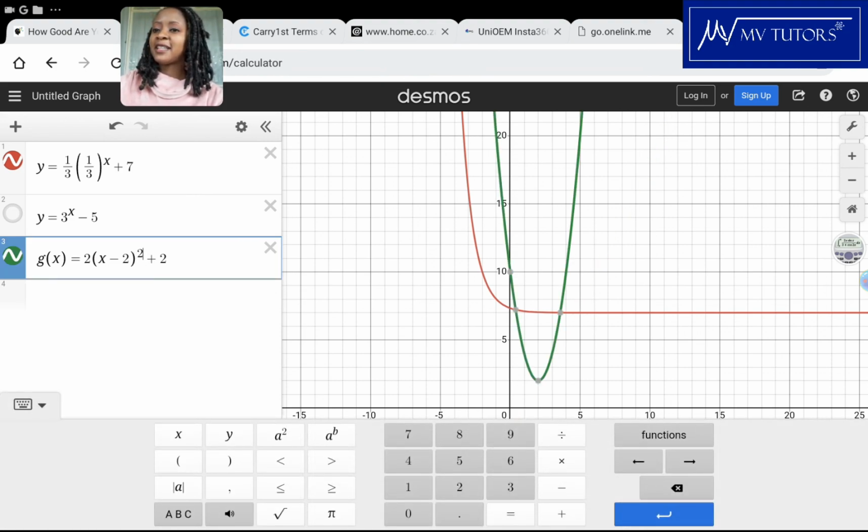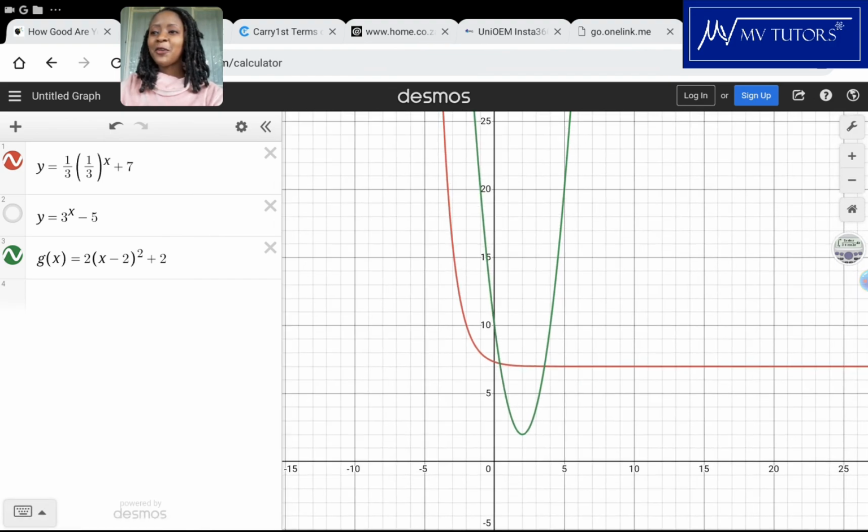Now I have a straight line. So this is how your function would look. It shifted 2 units up and 2 units to the right. Ooh, did I say left? Minus 2 means 2 units to the right. So that's basically how you use the